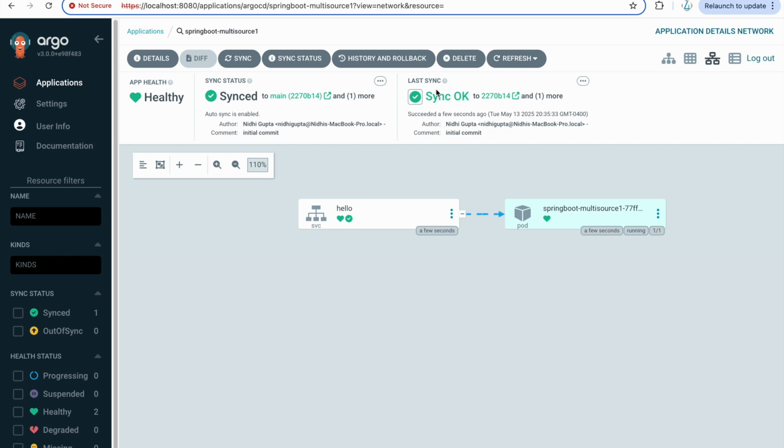Last sync is the main thing, that it is deployed, like what is deployed, because sometimes you will see a difference in these two GitHub SHA that we will see right now. But sync status means it is just checking whether it is in sync with your GitHub repo or not, and the last sync means whether it has actually synced or not. So we will see all those differences.